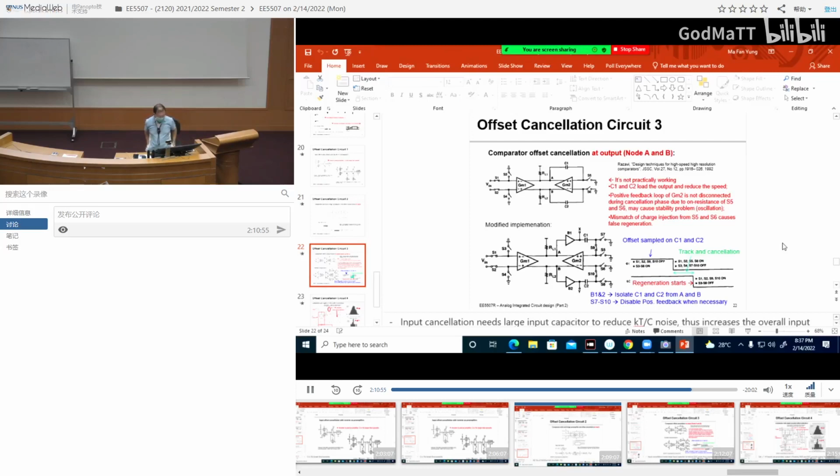Okay, things are getting more and more complicated now. The circuit is looking more and more complicated, but the concept is always the same. We are trying to store some offset information onto capacitors so that we can get the effective offset to be lower, using this storage concept. So here now, this is 1992,